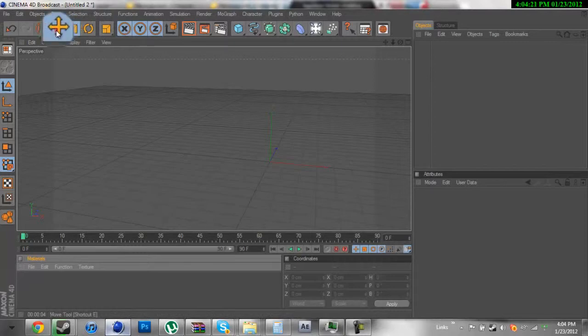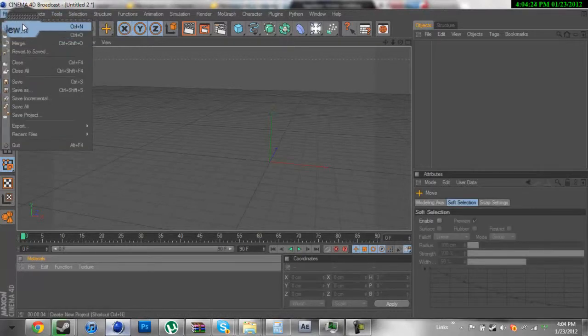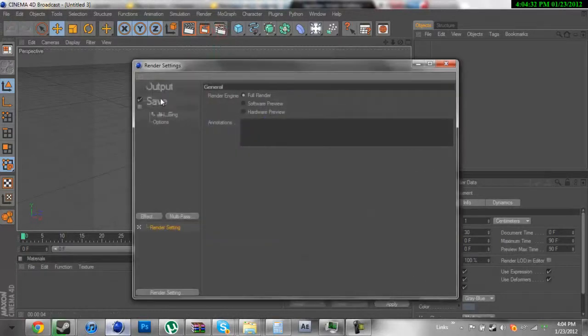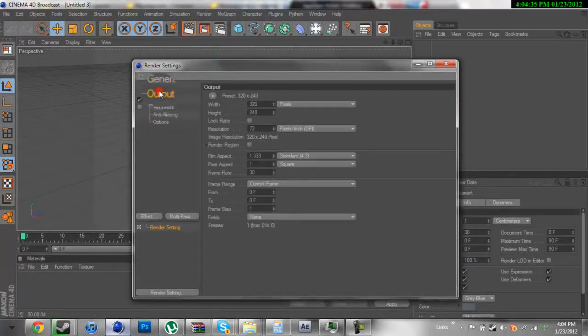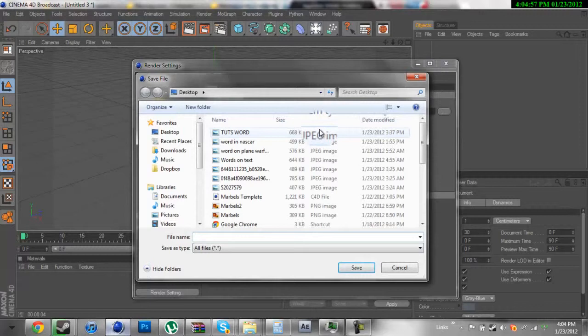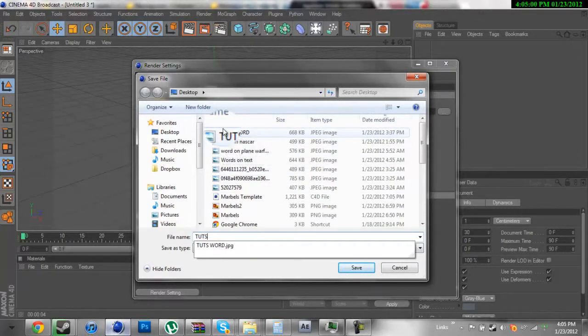So what you want to do is create a new file and start off fresh. Go to the render settings, go to output, and make your width and height the exact same size as the picture. I suggest using 1080p pictures because it brings out more detail in the picture when editing. So let's make our saving path now so we don't have to worry about that later. So tuts